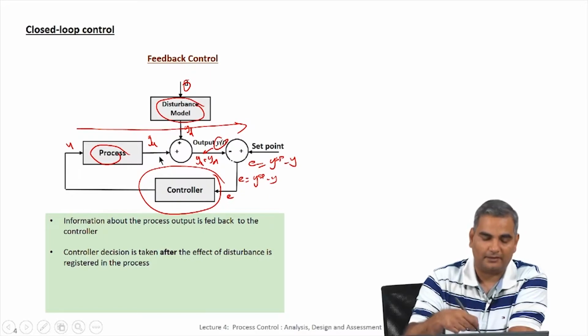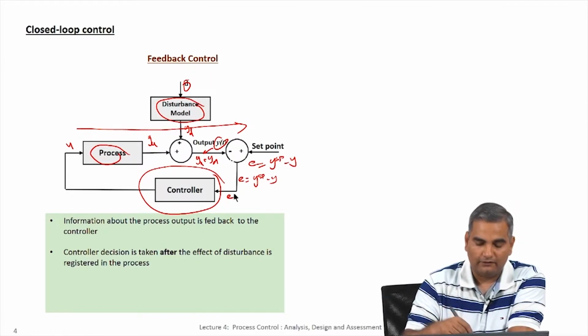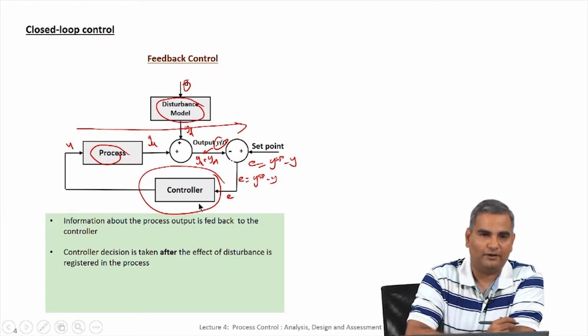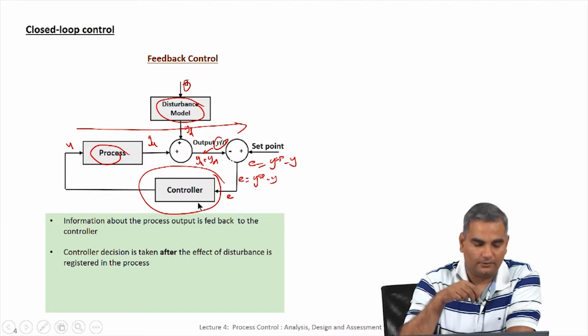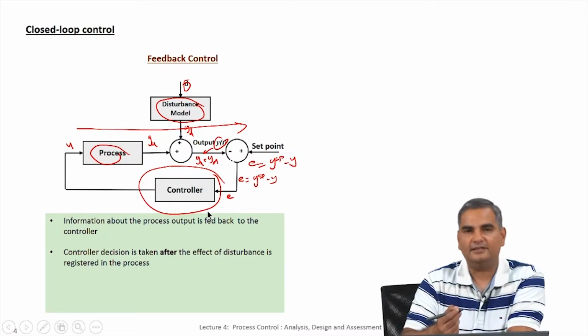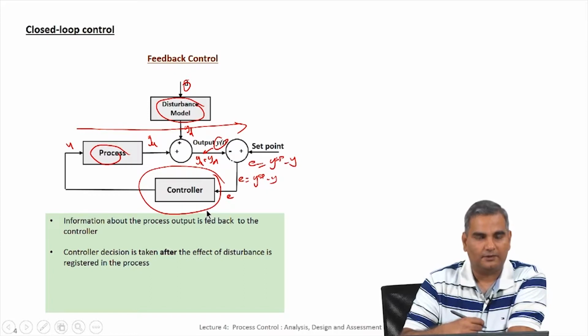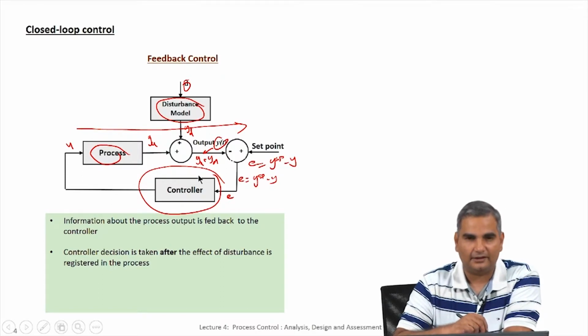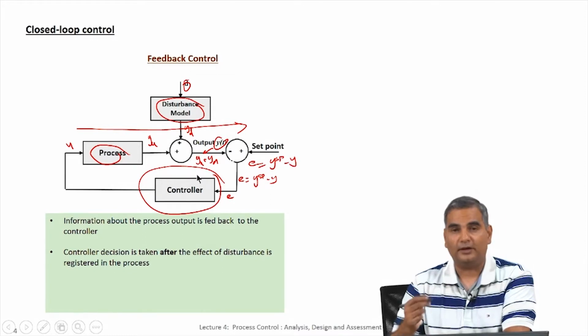So, I have to give a mathematical formula for the controller where the error is the input and the controller decides what the manipulated variable will be. So, this also underlines the fact that while the PID control that we are going to see later is a fixed set of equations, it has been applied across all kinds of disciplines. PID controllers are prevalent in mechanical engineering systems, chemical engineering systems, aeronautical systems and so on. So, there is some notion of universality to these controller equations, and we will see why that is as we go through this course.